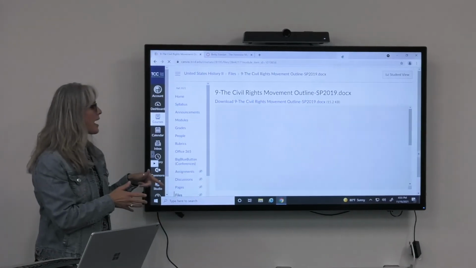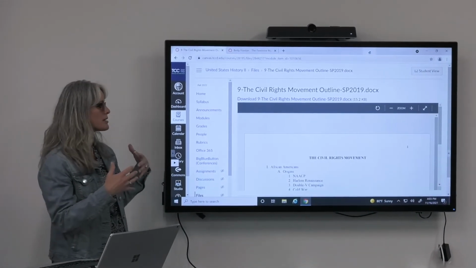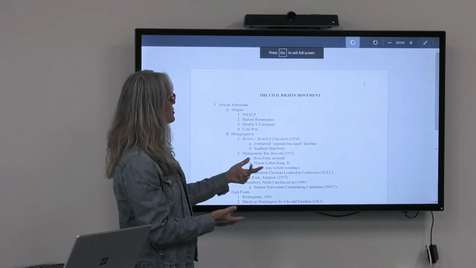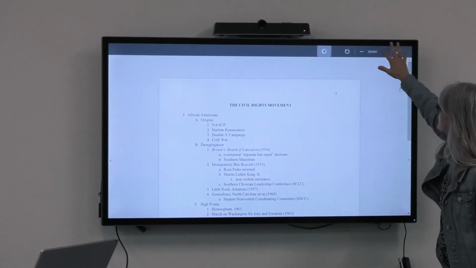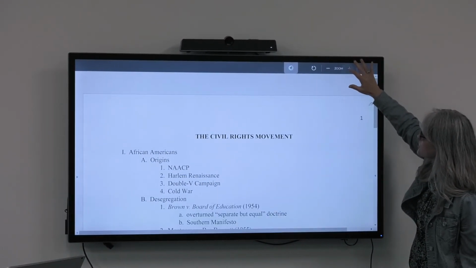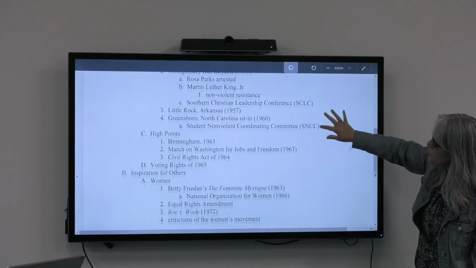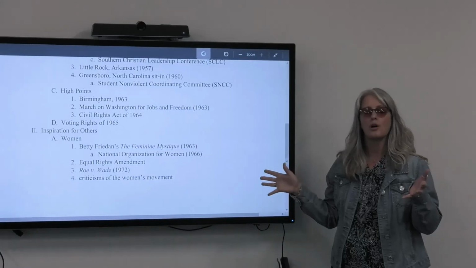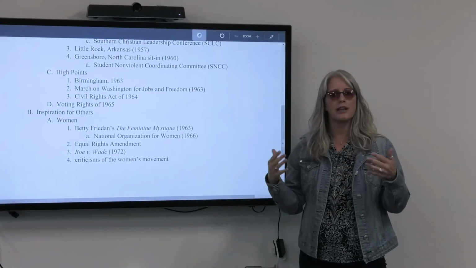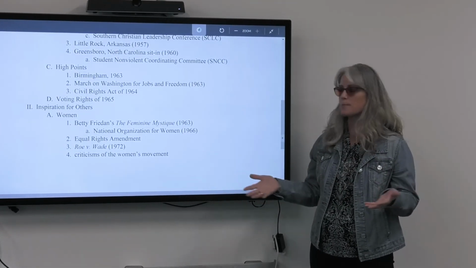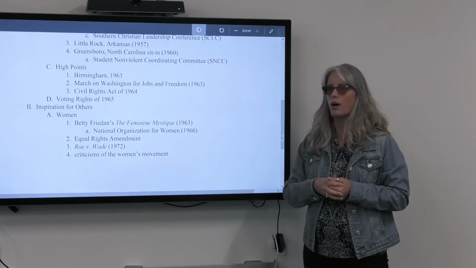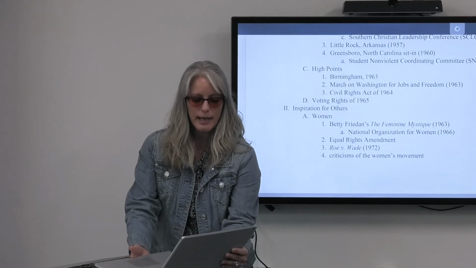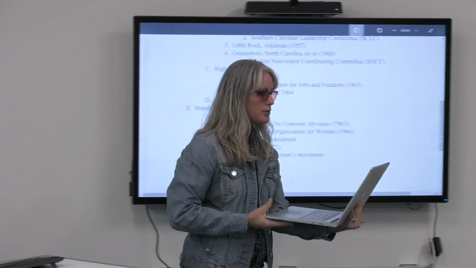One of the things that I like to have while I'm teaching is a copy of the lecture outline visible for students. And we can make this larger simply by zooming. And so for this particular section of the conversation, we're going to focus on the ways in which the African American civil rights movement inspired others. So zooming in on Betty Friedan and the feminine mystique, we can show a video